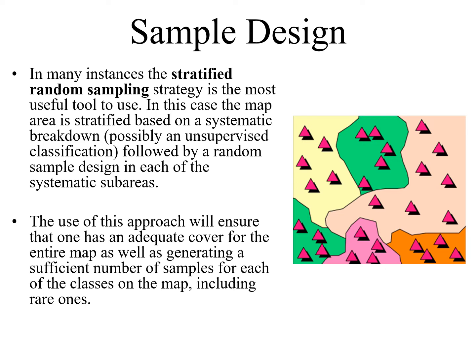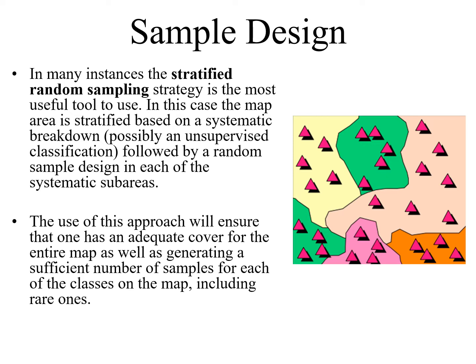So in the case where the map area can be stratified based on a systematic breakdown, that could be an agricultural map, it could be a geological map, it could be an unsupervised classification where you say, well, we know what the spectral classes are, let's sample the spectral classes in some sort of random way so that we can tell what each one is, and then we can go back, get rid of the unsupervised classification, and do a supervised classification using the data that was collected using that random sample design in each of the